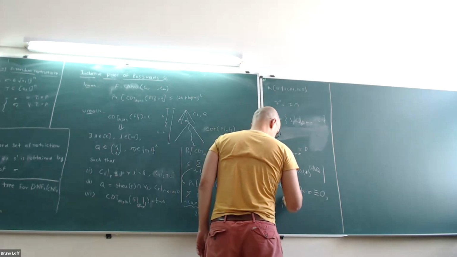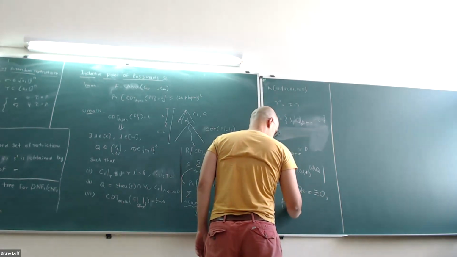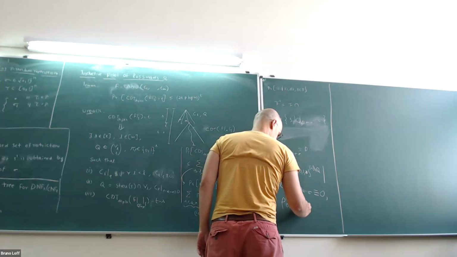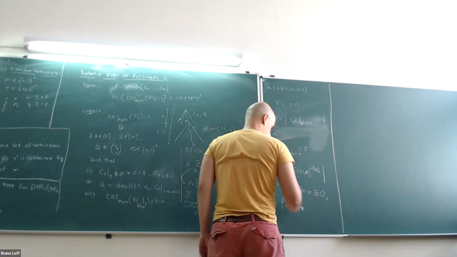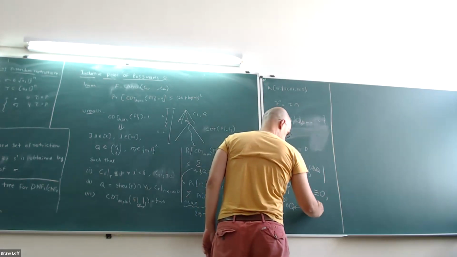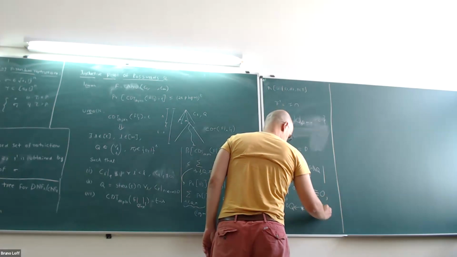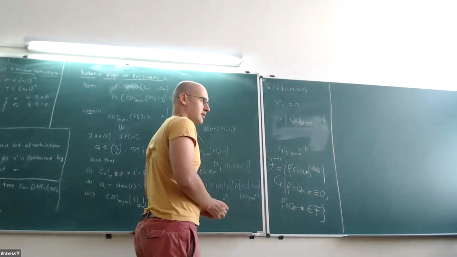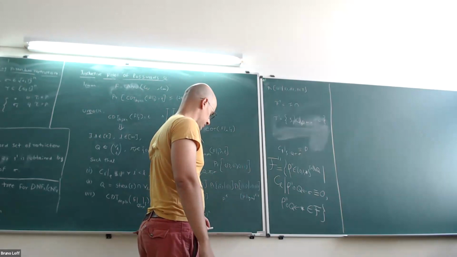And if I take row prime and set the variables q to stars, this is what